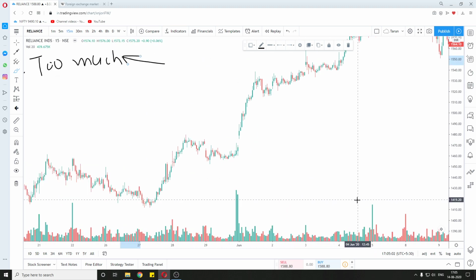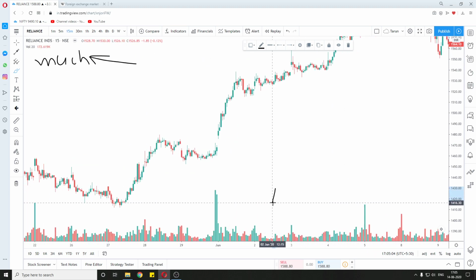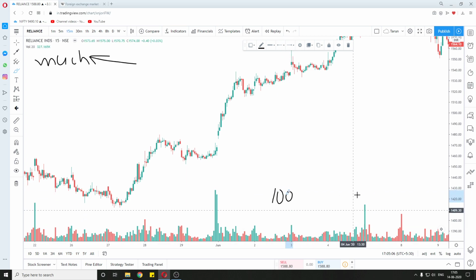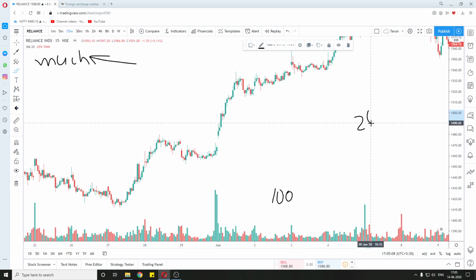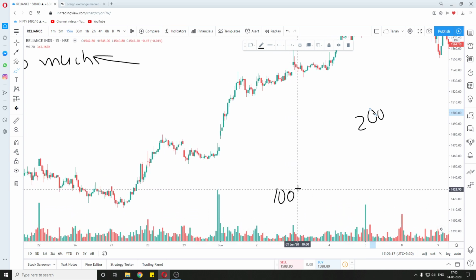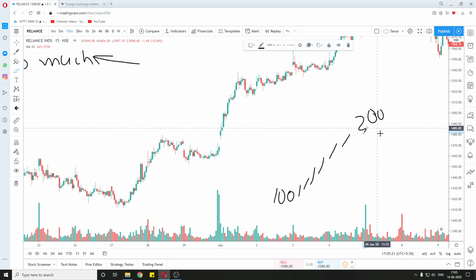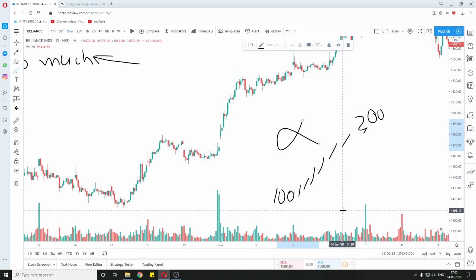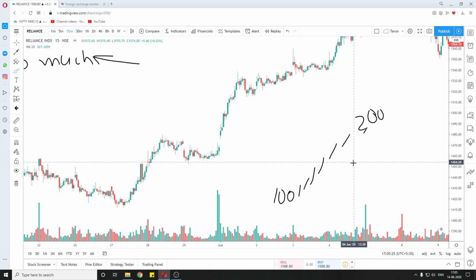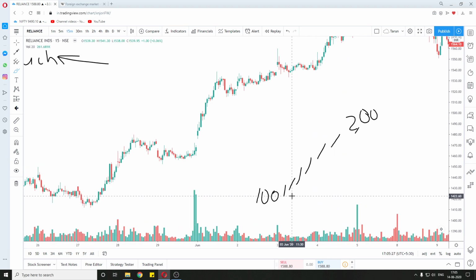So what happens is, for example, if they want to take a price from rupees 100 to 200, and we have talked about this as well, if they start buying in huge quantities, the price will immediately reach 200. So they are not making any profit, and everyone will notice this move.